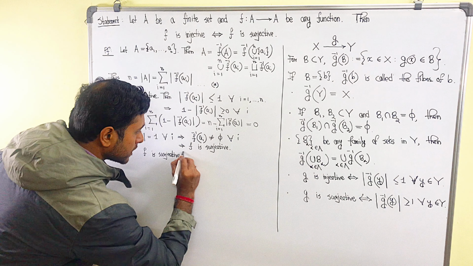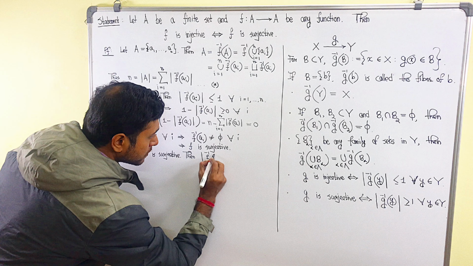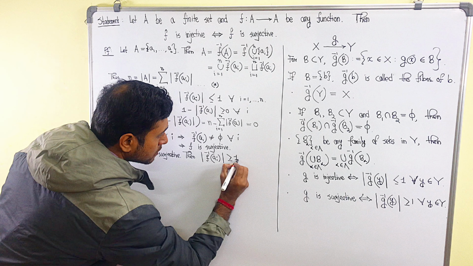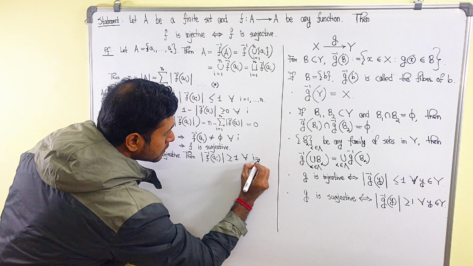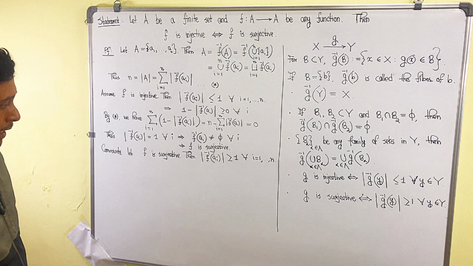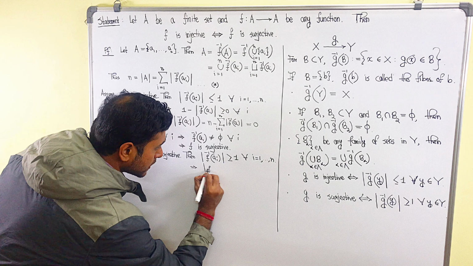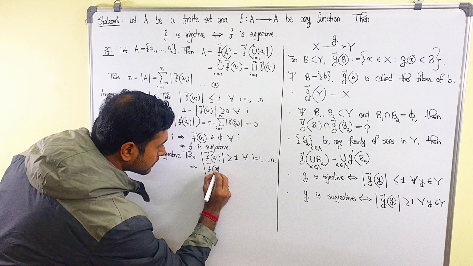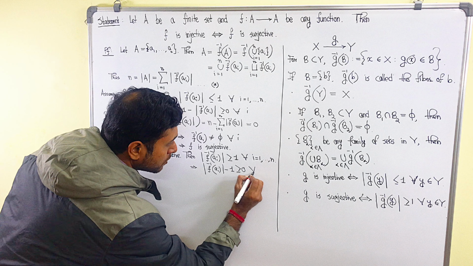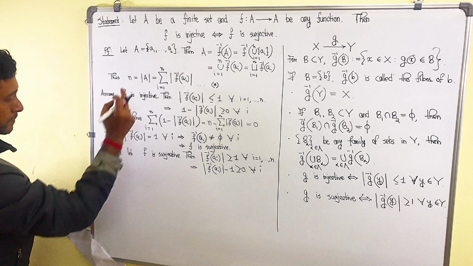So the cardinality of f inverse of a_i is greater than or equal to 1 for all i equals 1 to n. Alright, so again just like before, that means the cardinality of f inverse of a_i minus 1 is greater than or equal to 0 for all i. Again using this star we have